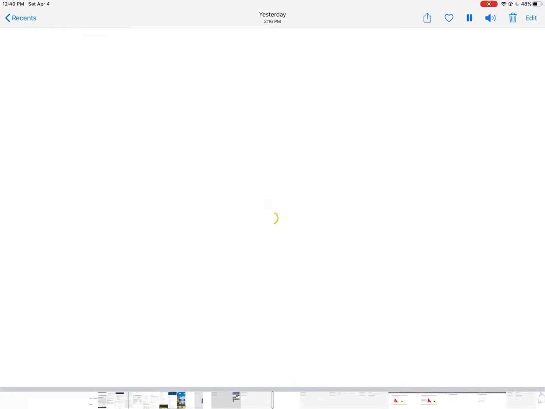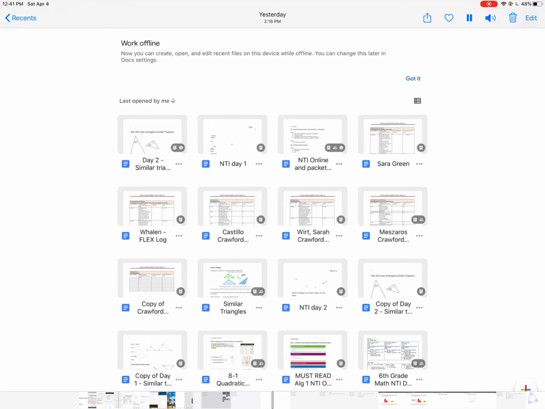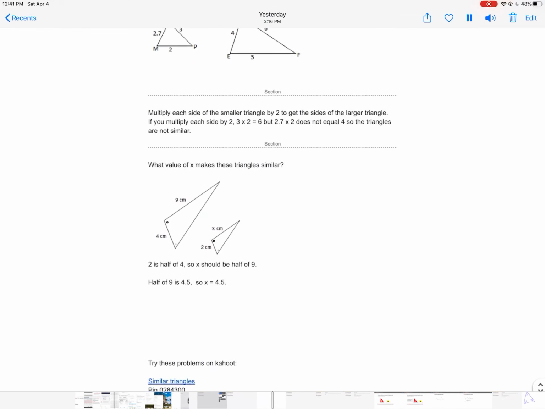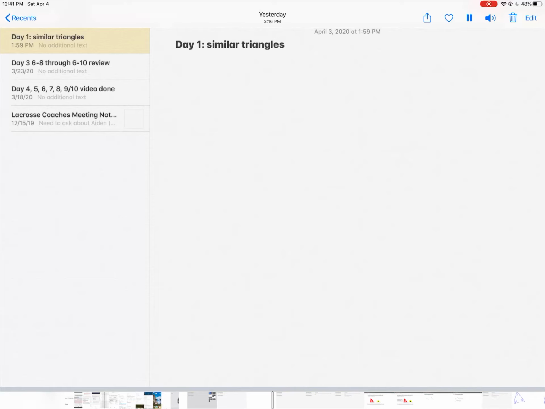It should look like this right here. Well, hopefully it doesn't look like that. Looks something like this. Where'd it go? Right here. Something like this. So if you need help, these similar triangles will show you what we're doing, and hopefully this video helps. If there's anything else besides that, you can come in during our Zoom sessions. Make sure you looked at that getting started page so you know how to go through the Google